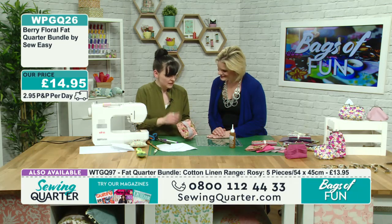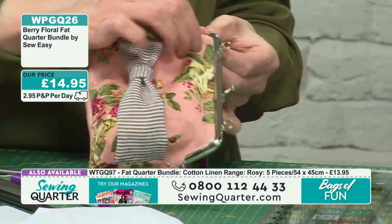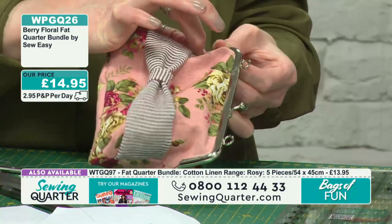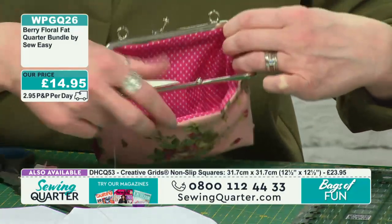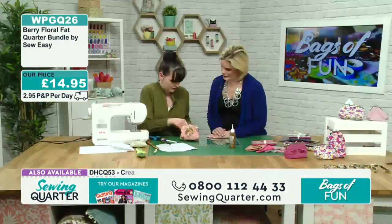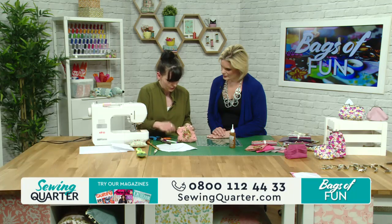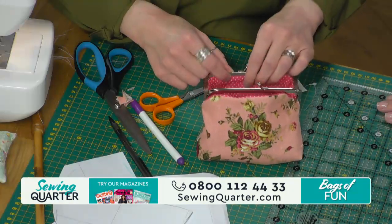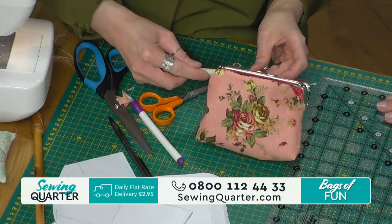Okay, it's a good idea to press the top seam, which I didn't do because I thought I'd just go straight for it in case we were running low on time. But you want to, I'm going to use these little scissors. Just push the fabric in as far as it will go into the frame. Could you use your stitch ripper? You could. To get that in? Do it carefully so that